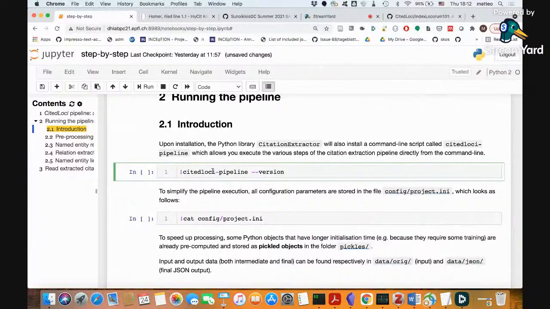So here, essentially, you do the NER, the extraction of the citation components, on all the documents that you have in input. You can do it in this batch mode, but you can also apply it to individual documents if you like, by passing the name of the file as a parameter. Once you run this NER step, what is your output? Your output is a JSON file.